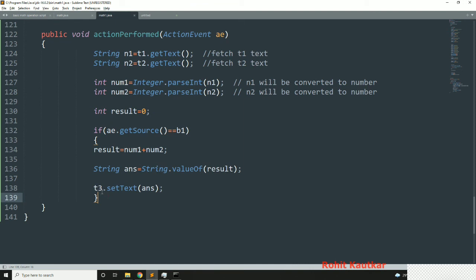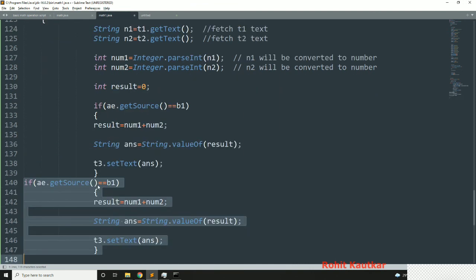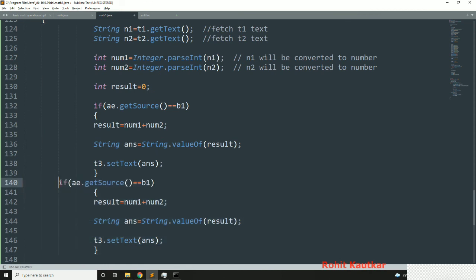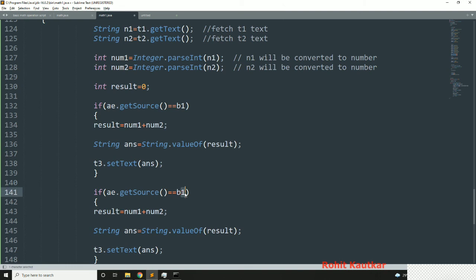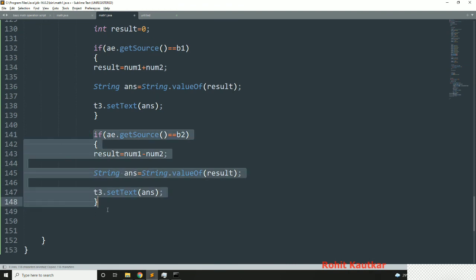Now in same way I will duplicate this. Okay, so if button source will be B2, operation will be subtraction, then copy.